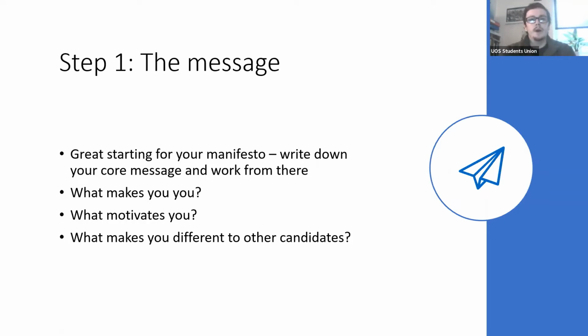So I think a really good place to start thinking about all of this should come first before anything else. It should be a time for you to sit and think about, what do I want to get across to voters in this election? So I think that there's 3 key things that people tend to put in their manifestos. The first thing is a bit about who you are.